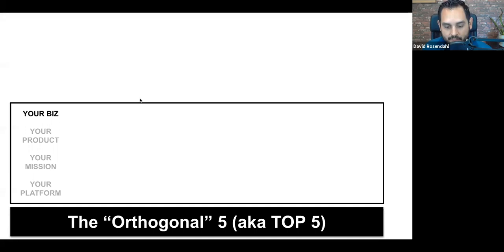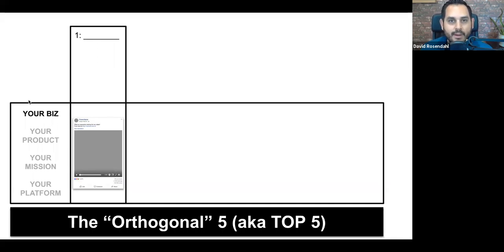Here's what I want you to see. Look at this box right here. This represents the thing that you do, okay? Your business, your area of expertise, maybe your product, your mission, your platform, the thing that from a business perspective, or if I were talking to politicians, it would be the platform that you're running on. The thing that you're trying to communicate out there in the world is what this represents here, okay? Now, at the intersection of your business, of your product, of your platform, and an interest that you have is a post.